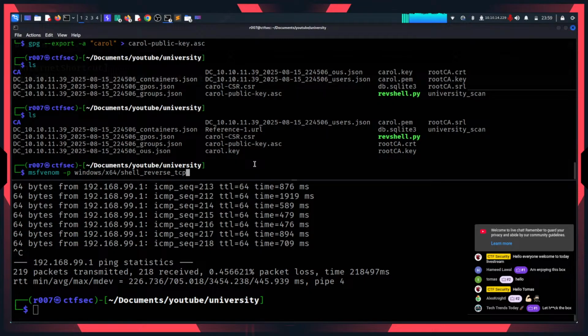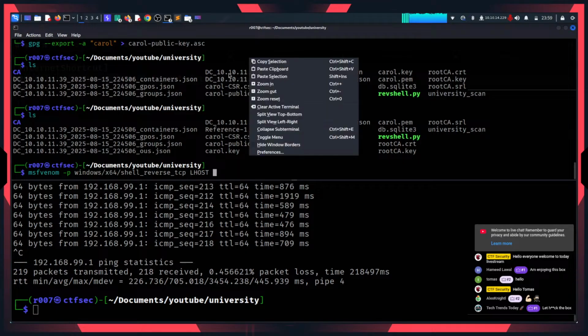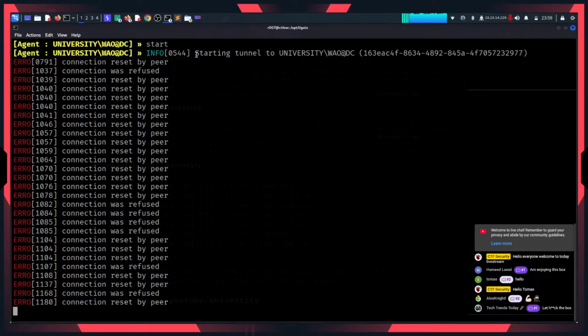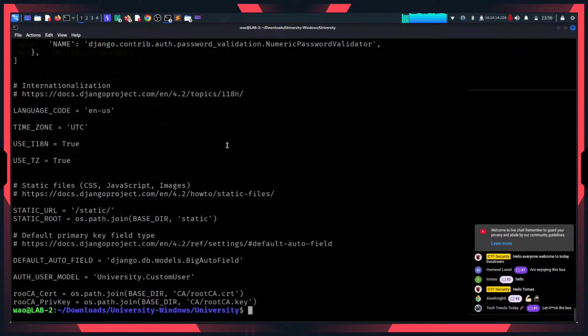Don't know if that's correct. Our host is going to be our Linux machine, and if you remember, our Linux machine is this lab 2, so IP